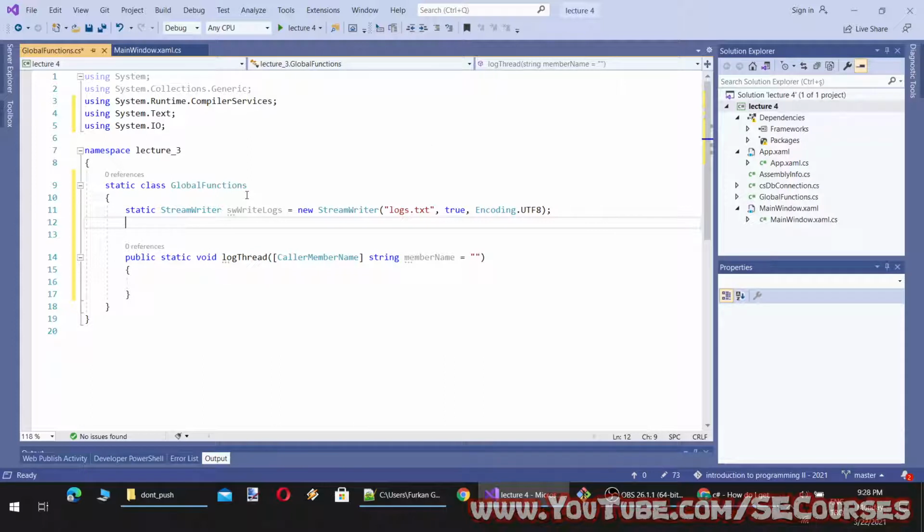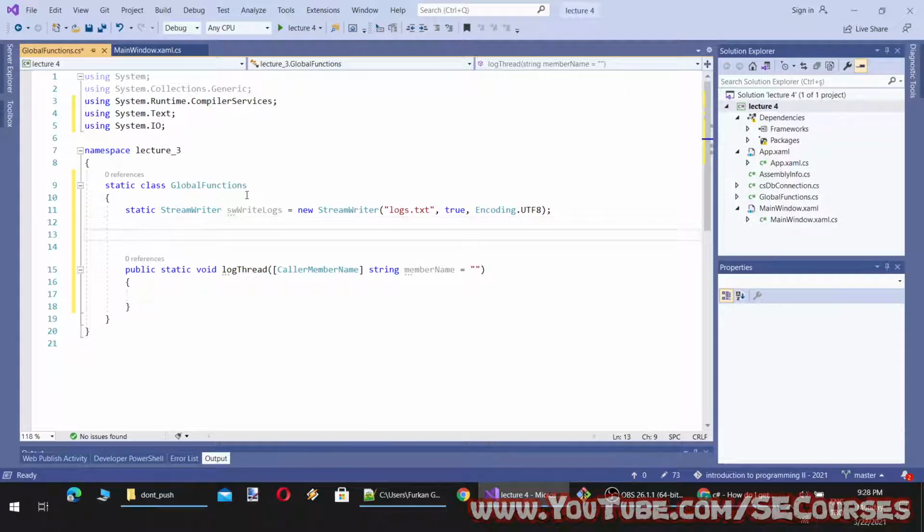And I will also assign an auto flush, and to do that I need to have a constructor for this class. You see, static classes are not initialized to use, but at some point they have to get initialized, which is when they are first called.